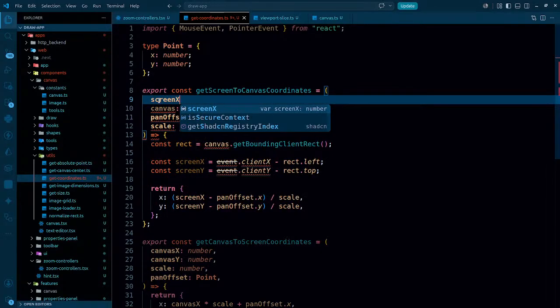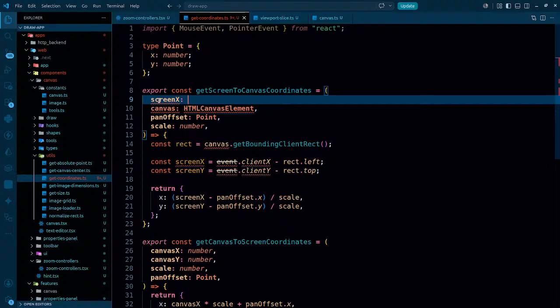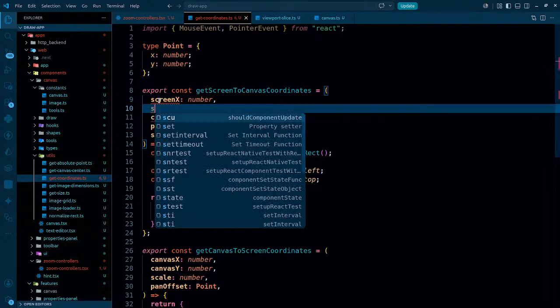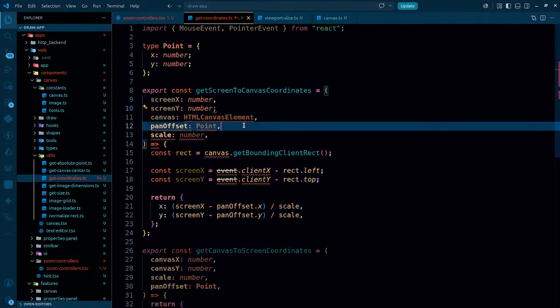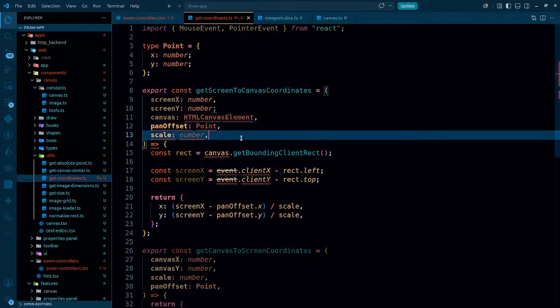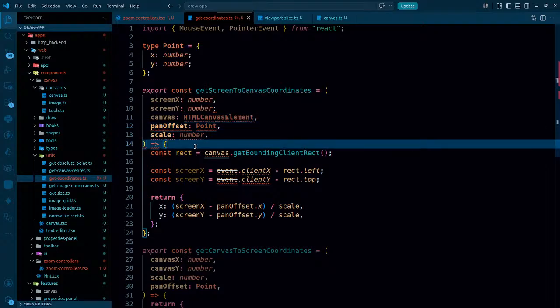Screen X is gonna be a number. Screen Y is also gonna be a number. Call it screen, call it client, that doesn't really matter. And so